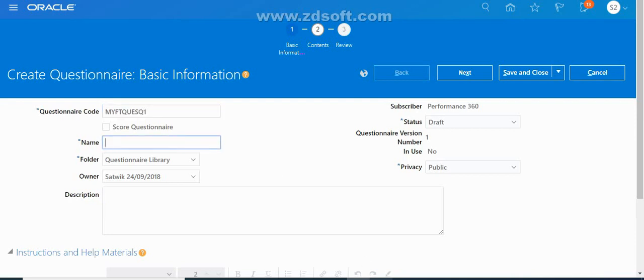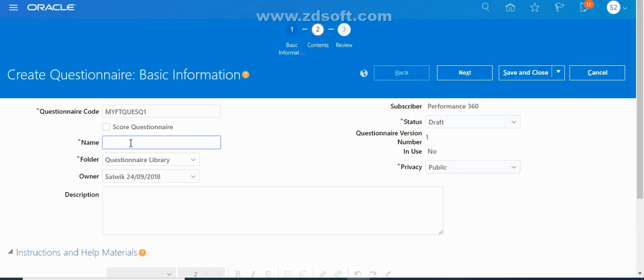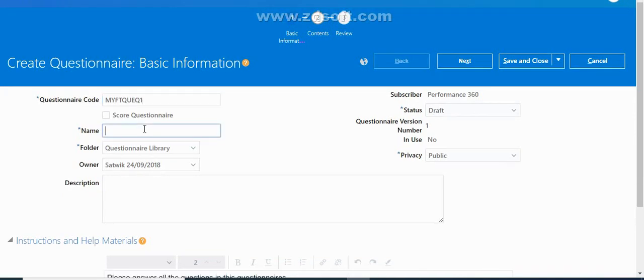And then specify the name for this questionnaire: Performance evaluation. Once you're done with this, select the status as active so that this questionnaire will be active.